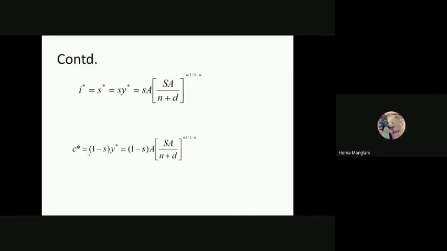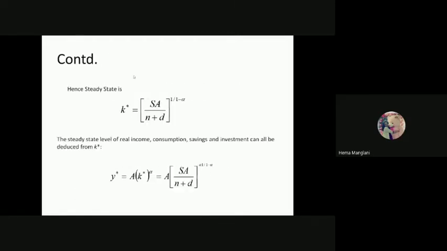Then we have to estimate the value of consumption in steady state, that is your C star. We all know by concept, and you can even recall the application of consumption per worker analysis in the Solow model. That was 1 minus S, a fraction of your output per worker. So I will replace this again: 1 minus S would be there, and the whole value of this is your Y star. So I'll replace it here. That is just the estimation of only this K star, which is your steady state capital per worker.